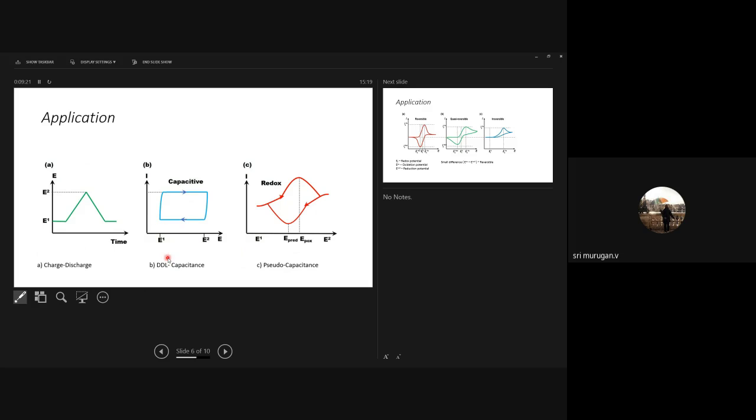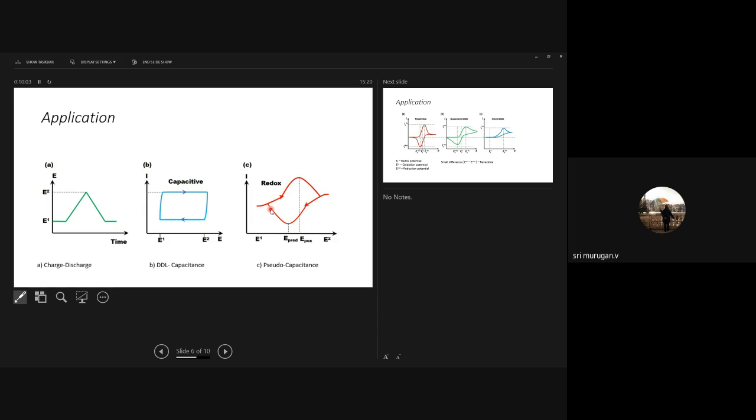If it is a double layer capacitance, like carbon materials, at a certain potential it is able to charge, and it will not release the current. After it goes to the lower potential, only then is it able to discharge. So in that case, you will get a kind of parallelogram. From that, you can say that it is behaving like a capacitance. This is a CV graph for finding the capacitance for a supercapacitor device or battery like that.